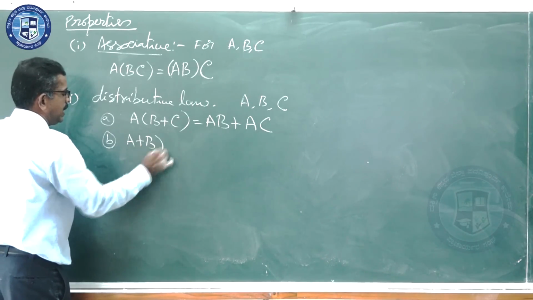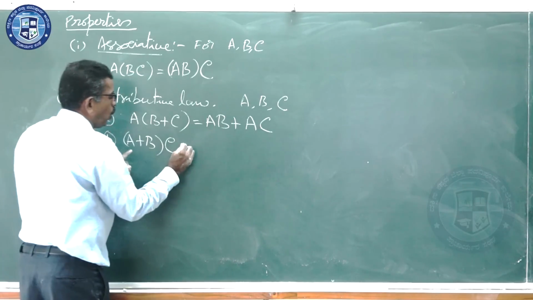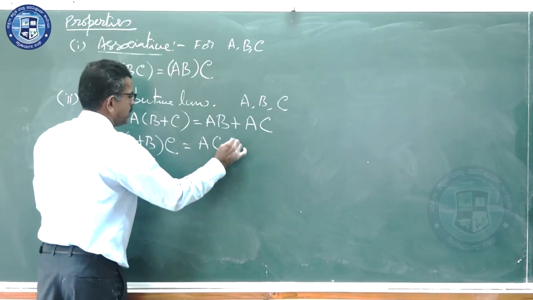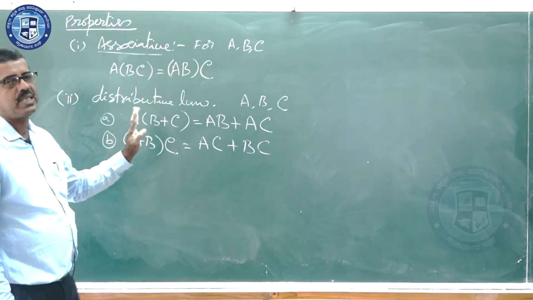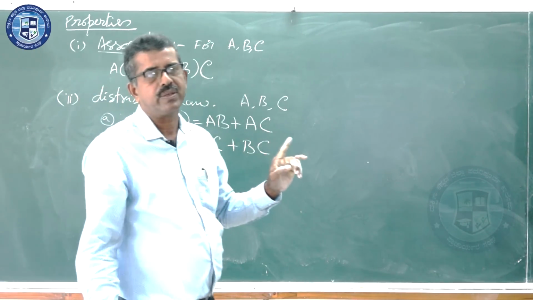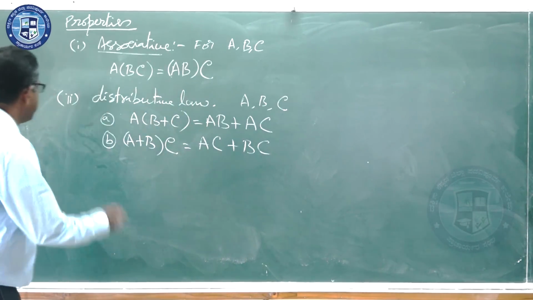Now the second one you can interchange, nothing to worry about. We can have A plus B into C. When it is given, A plus B into C would be AC plus BC. Even a question based on this property has been found many a time in board examinations, so that also we shall discuss. Next, the third property.